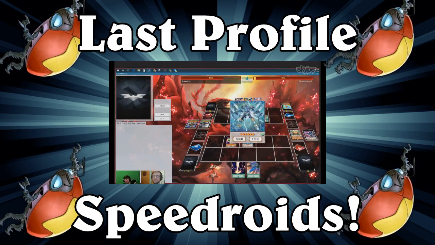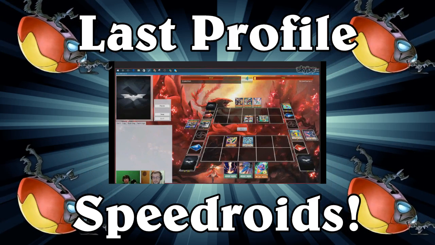Oh, you make the wombo combo? I do. Oh, draw 2. So I pop his card, and then